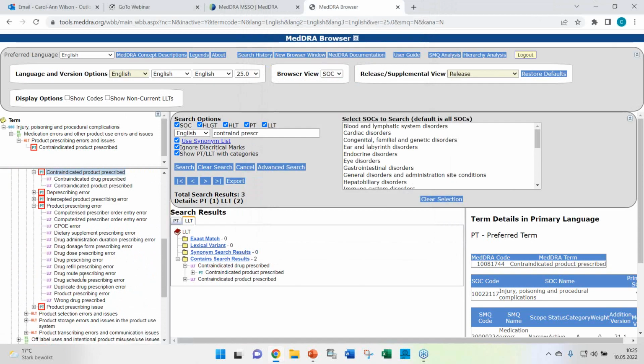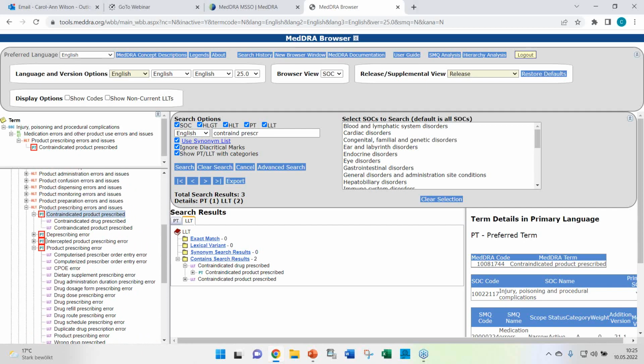Let's look if we have a similar term there for an error that was done during prescribing where a contraindicated drug was prescribed. No, just wrong drug prescribed is available, drug prescribing error, drug dose, administration, dosage. No, nothing. So this seems to be the best approximation to what has been reported because it reflects the stage where the error occurred, and it really describes a specific type of error. The other option was